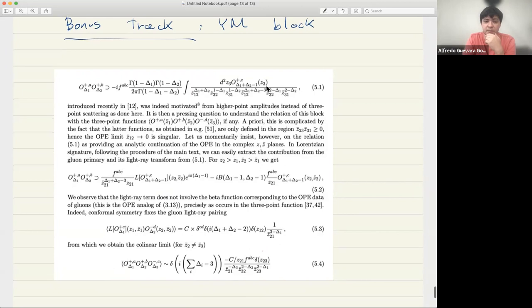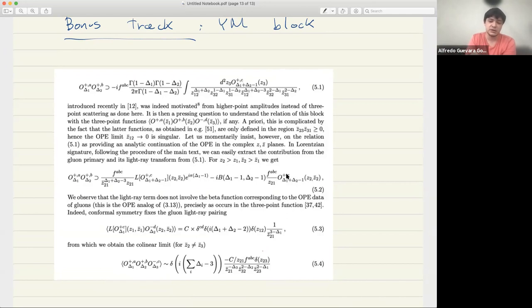It was motivated by higher point amplitudes, but it was not motivated by a 3-point amplitude, which is what we have done here. It was derived from higher point amplitude. So now we want to see how it relates to a 3-point amplitude. And it turns out that you can analytically continue in the same way that we did here. And using this analytic continuation, it's very easy to extract the contribution from the light ray operator of a